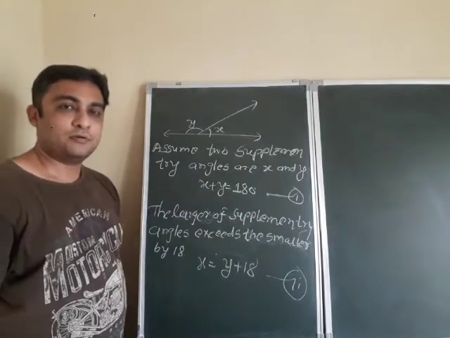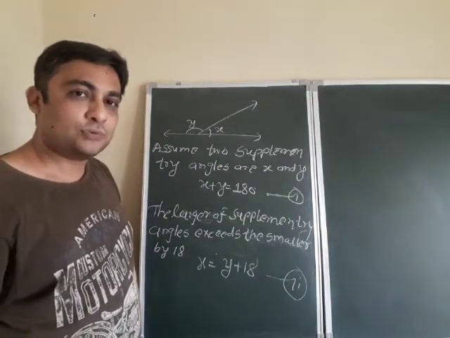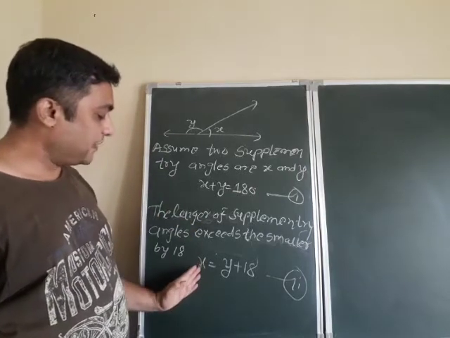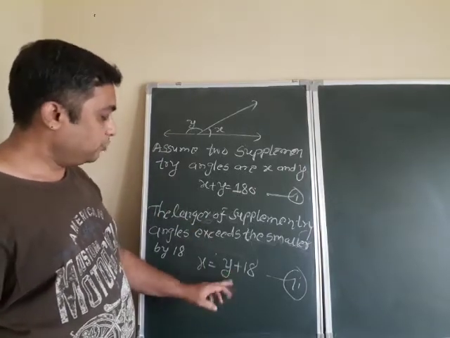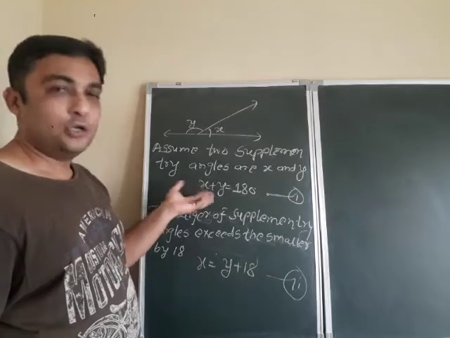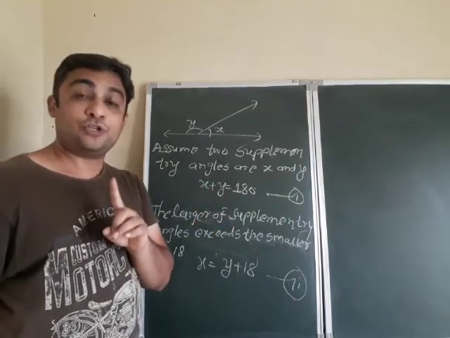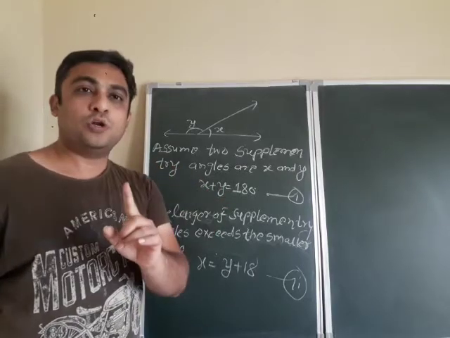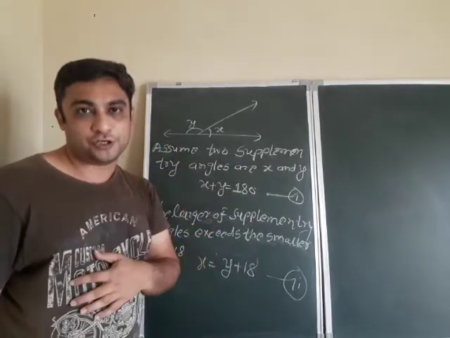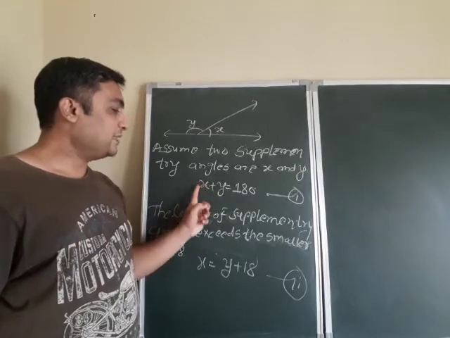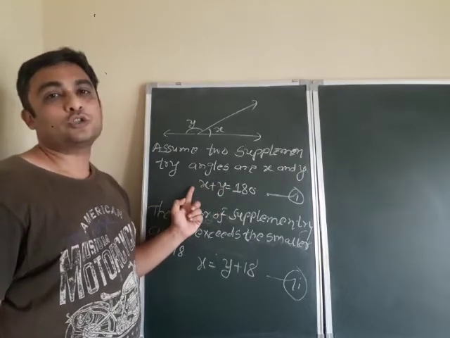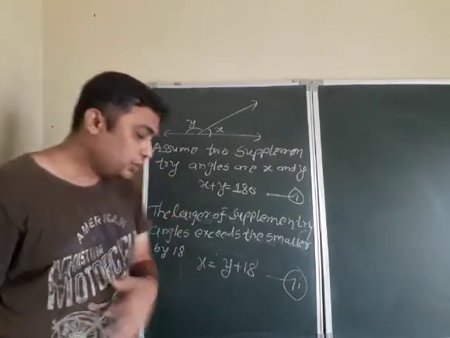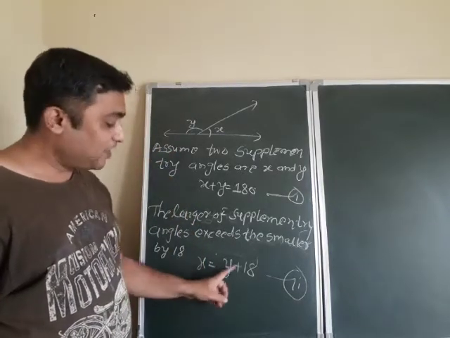Now you decide how to use the method of substitution, which variable you want to replace. See here, the value of x is already given in terms of y. So if you directly substitute this value over here, you will get the solution. याद रखिए बच्चों, एक इक्वेशन से एक अननोन सॉल्व होते हैं. If there are two unknowns in one equation, we are not able to solve that equation. So we must convert either x in terms of y or y in terms of x, whichever is possible. Understood or not? So here it's already given x is y plus 18.